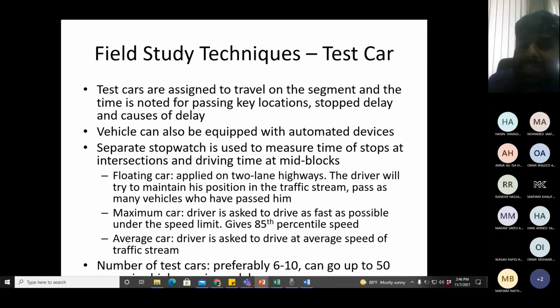But these test cars are also increasing the traffic. So if you keep on increasing the number of test cars, because you are the king of the country and you can employ as many test cars as you want, you are disturbing your observation because you are adding traffic to what you would have normally. So normally there would have been 1,000 cars. Now you have added 100 cars more. So travel time would be more than normal. Okay. So there's a limit on how many test cars you should